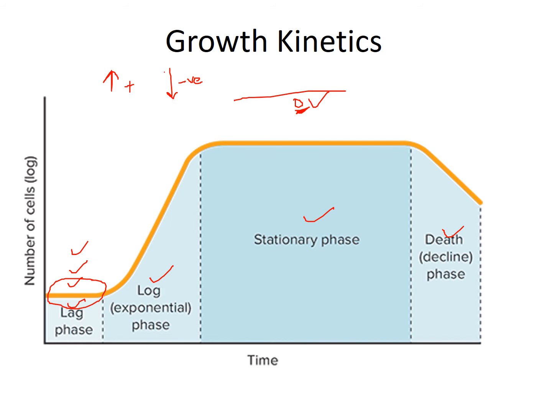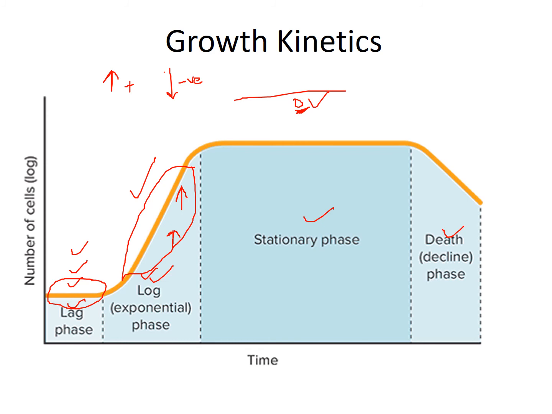The second one is the log phase. Once the organism has adapted to the particular medium, the growth of the organism will start at this phase. This is what we call the log phase. Here the growth of the organisms will be at an exponential rate, and they will start growing in number. During the log phase, the organisms divide at their most rapid rate. Because of that, there is exponential growth in the number of microorganisms.